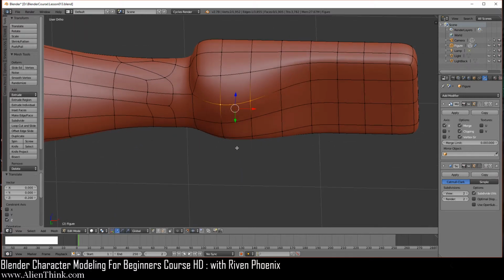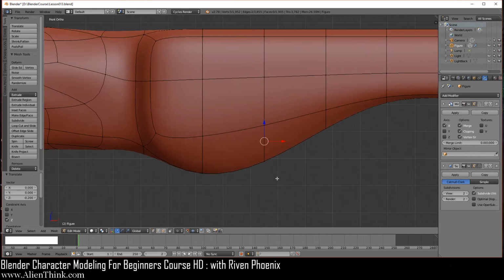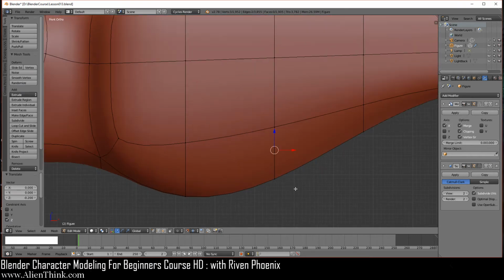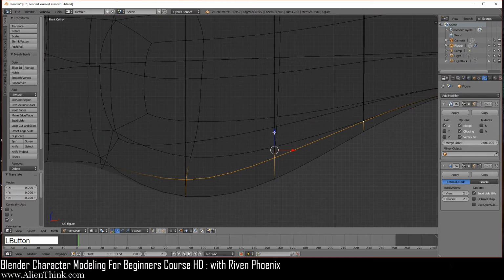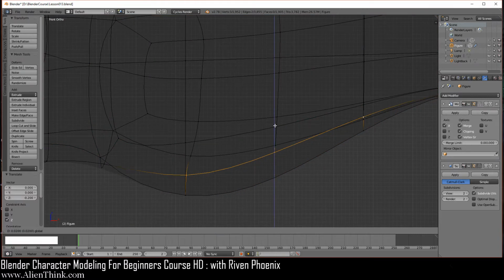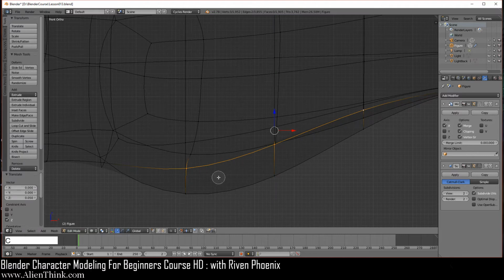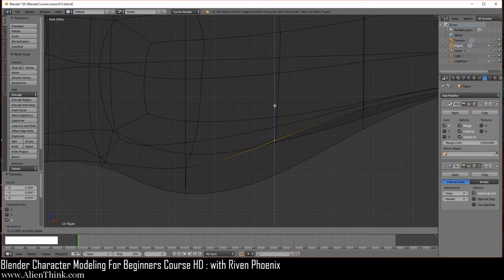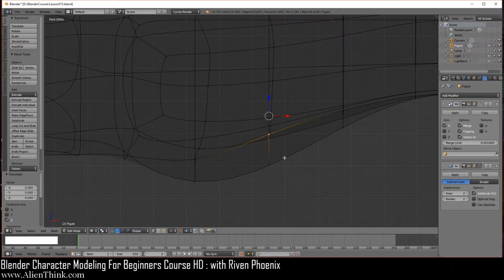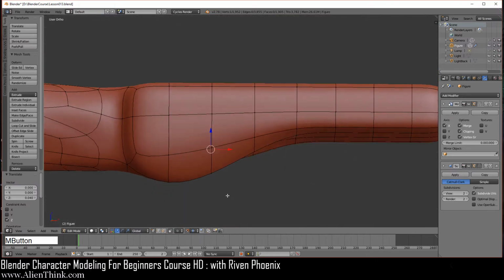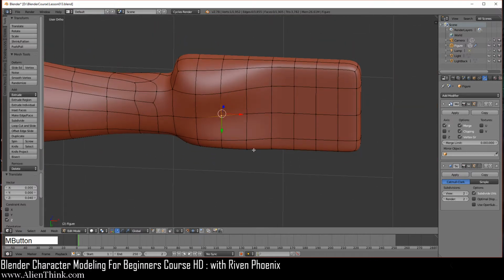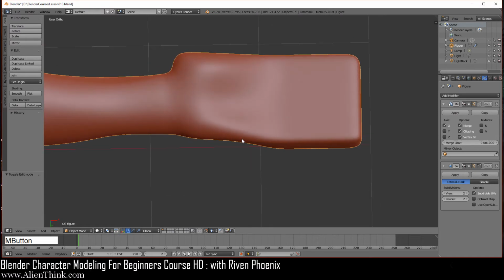Okay, so I'm going to do middle mouse button over here and click on these guys. Go to the front view with the 1 key. Now zoom in to get the smaller grid units. Press the Z key to go into wireframe and bring this up 1, 2, 3, 4, and then 5. Do the C key for circle select, middle mouse button, both of these to deselect them, right click to get out of it, and bring this up 1, 2, 3, and then 4, then Z. Now if you take a look, what we're doing is really starting to define the bottom of the palm.